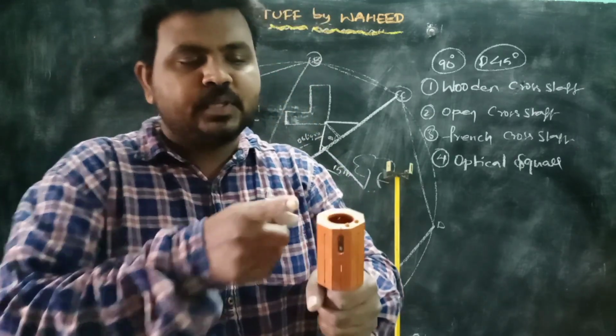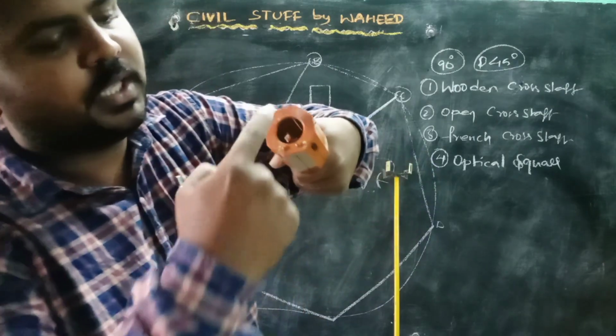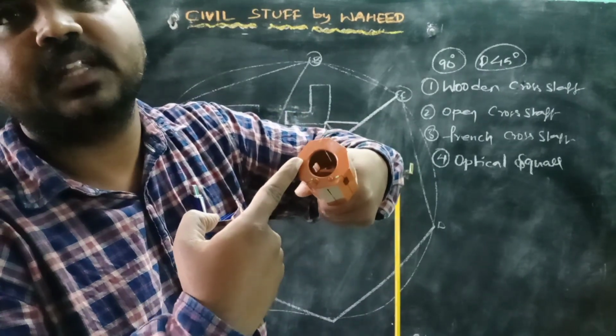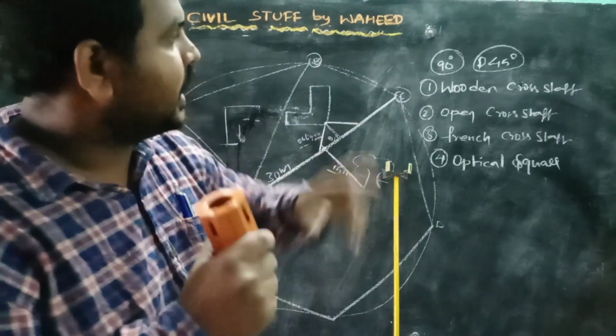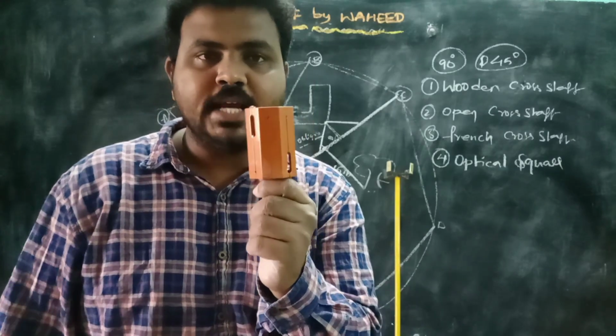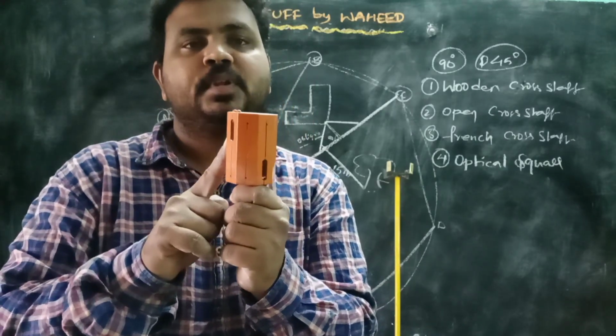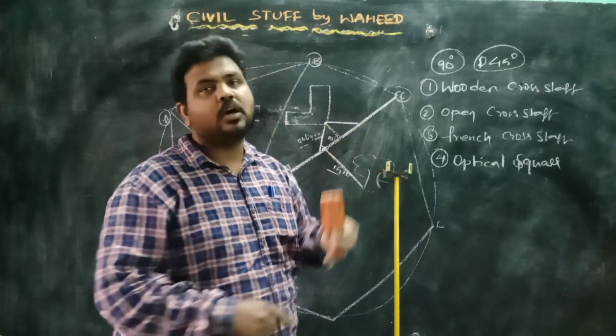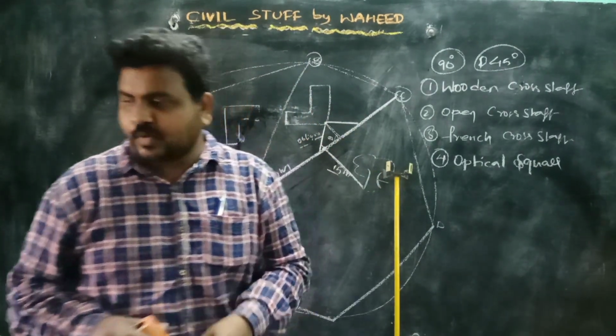So see, from here to here, this is 90 degrees, and from here to here, it is 45 degrees. Like that you can set either 90 degrees or 45 degrees. This is what is called the French type, which is an octagonal shape. This can also be fitted to the rod. Next one is,